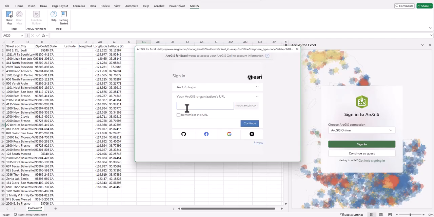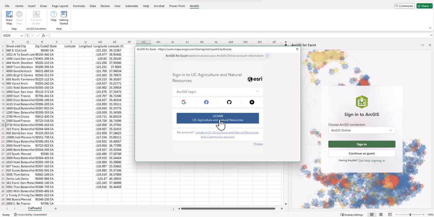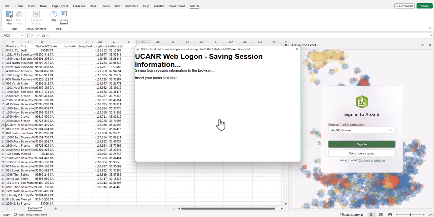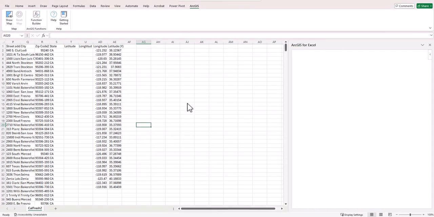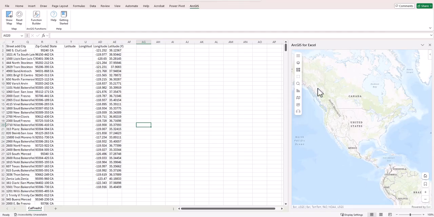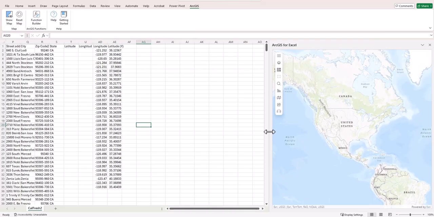So I'm going to put ucanr.maps.arcgis.com. Click on the link here, and this will take me to the single sign-on page. So I had already signed in earlier, so it remembers my information, but otherwise you will sign on using your SSO credentials,